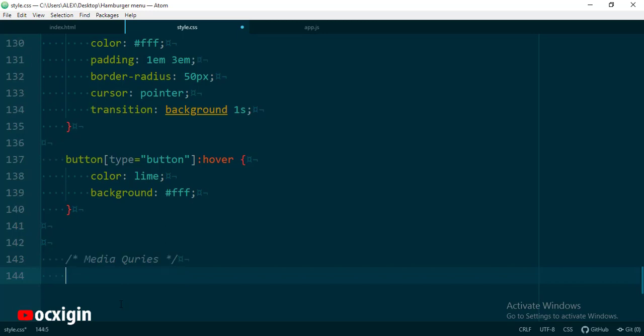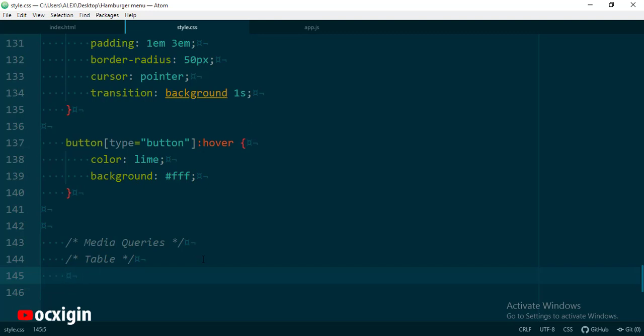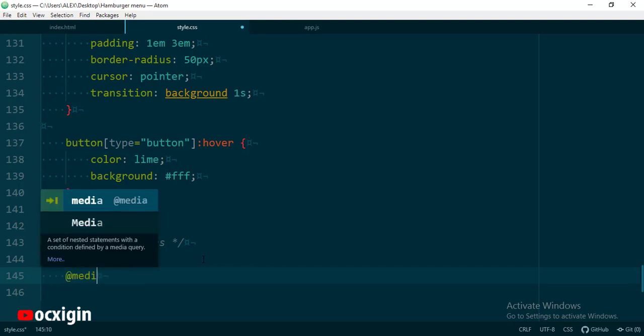So the next thing I'm going to put now, I'm going to say tablet. Now I'm going to target a tablet device, that once you scroll it to that point, everything will make sense. So I'm going to write a media query of